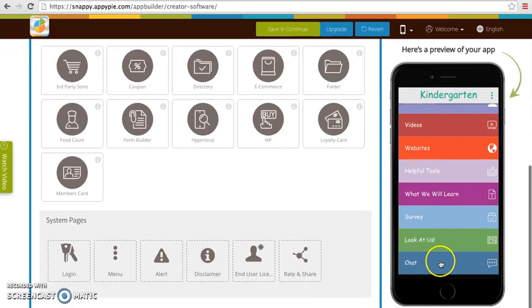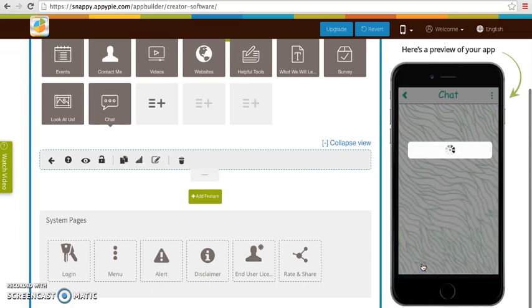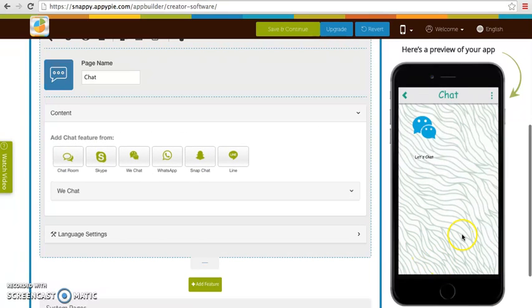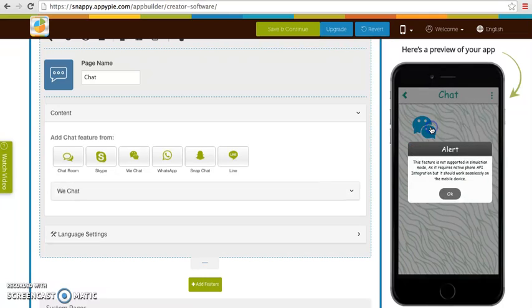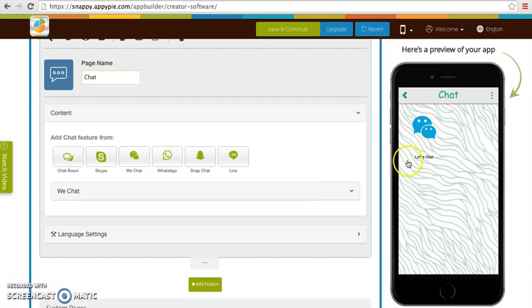And then the last part that I put in is a chat page. This is where we could set up, at the beginning of the year, a way for parents to come on here and just chat. It's not going to work here because I don't have any of the parents' phone numbers or any of that, but this is where they could come through the app if they have a quick question as to